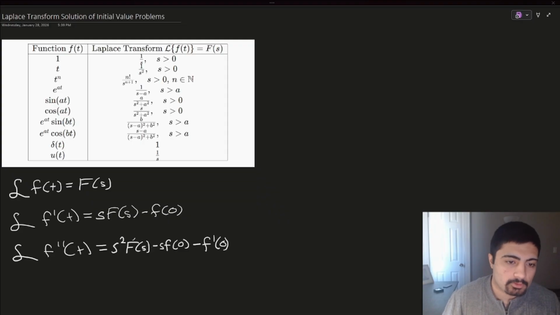And we can use this table to solve Laplace initial value problems to make our lives much easier, because most of the time in exams you will be provided one. So I also wanted to add a few important